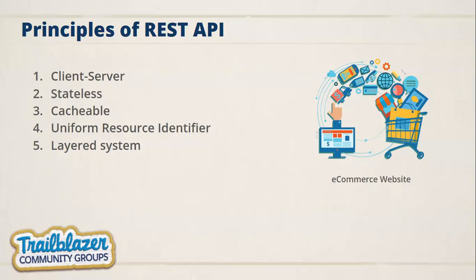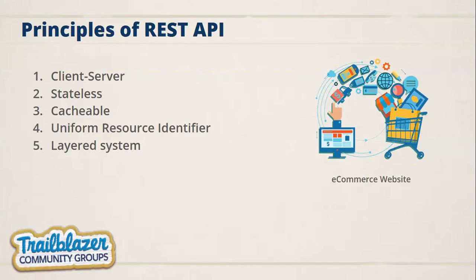Stateless: when you log in to the system and want your detailed data, you have to pass your user details to get all the orders related to you from the server. So every time, your user information is shared with your request. Cacheable: as in my example, Amazon has thousands or lakhs of products. If all the products were fetched every time a user makes a request, it would degrade the performance of the application. So they cache that product information in some location, which is called caching, and we can leverage that.